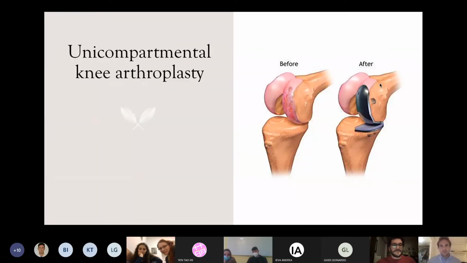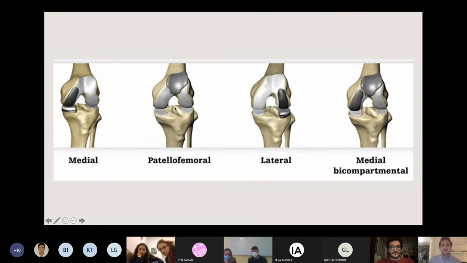I can move to the last topic of my presentation, which is unicompartmental knee arthroplasty. Unicompartmental knee arthroplasty is an arthroplasty, so the substitution of a joint of the knee of just one compartment, because you have to consider the knee as a joint made by three compartments. The medial compartment, made by the medial condyle of the femur and the medial part of the tibial plateau, the lateral compartment, made by the lateral condyle of the femur and the tibial plateau, and the last compartment, which is